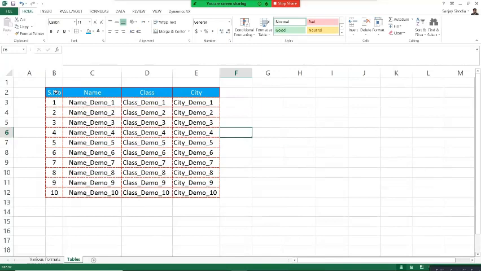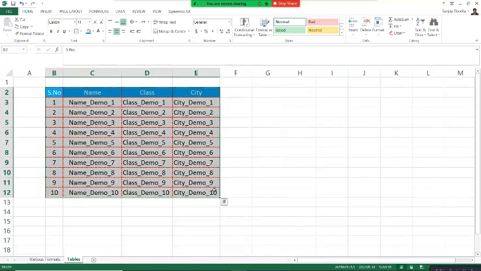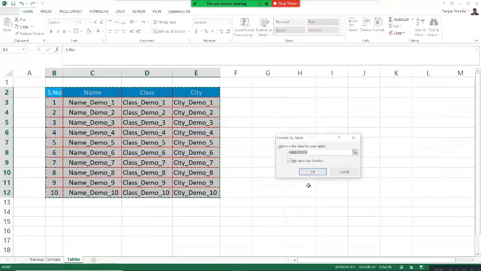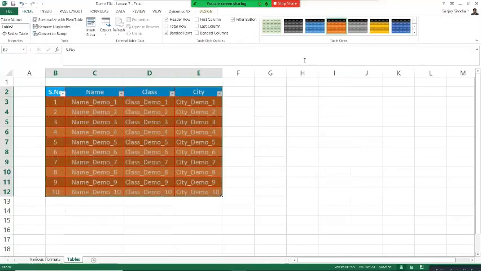Or the other option is to select the entire table, go to format as table, and as soon as you click on this option, you will see many predefined formats of Excel, and whichever you want, you can select it and apply that.